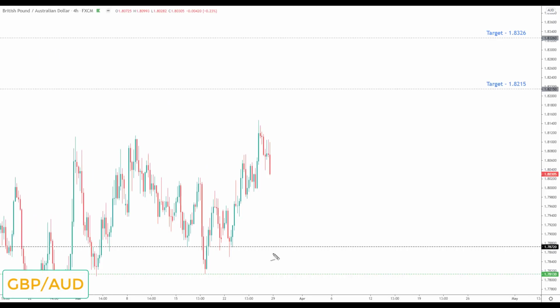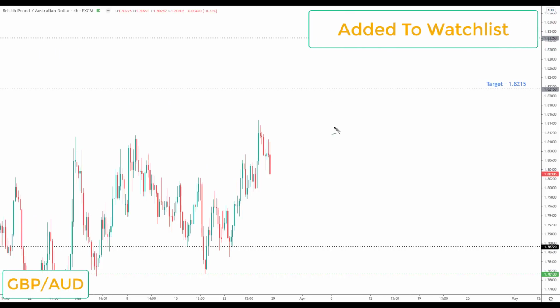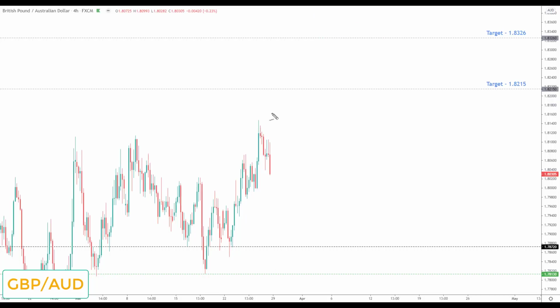Pound Aussie, this is a market down on the high probability watch list to the upside this week. I do like this market, although it has been quite choppy recently. What I'd need to see is any continued correction, as we're already starting to get, would be viewed as the opportunity to look for bullish reversals and breakouts in this market. And if we start to break to the upside, we're going to be looking at initiating longs up towards the next key of resistance to the upside, and the target set at 1.8215.